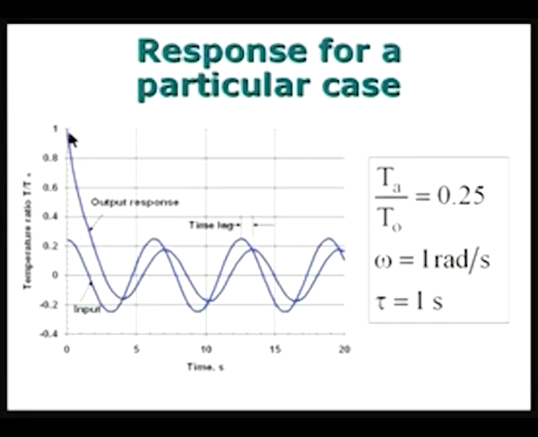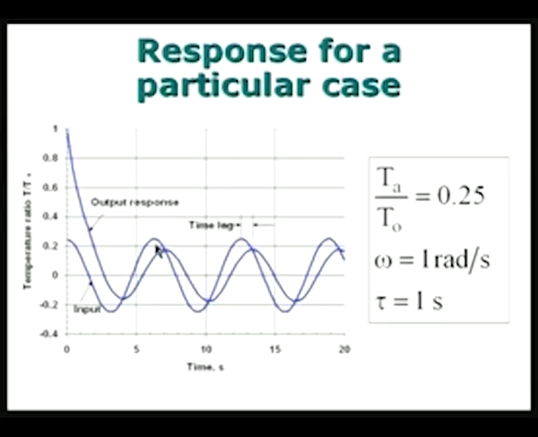Then initially there is a transient wherein the output response falls quite drastically, and then immediately it starts responding to the variation which is periodic, and therefore, quickly the output response tends to become sinusoidal, as shown by this curve,